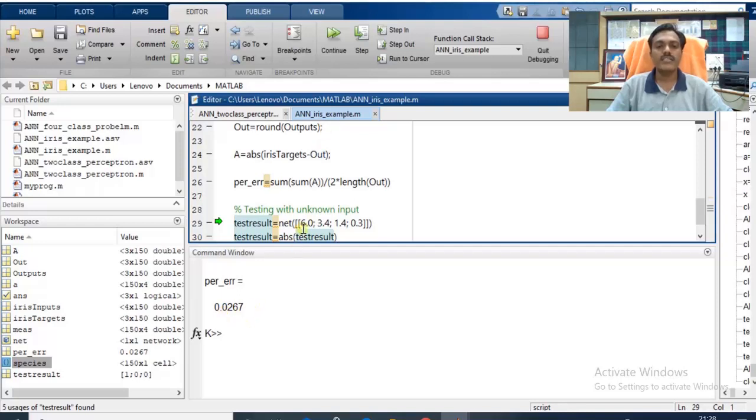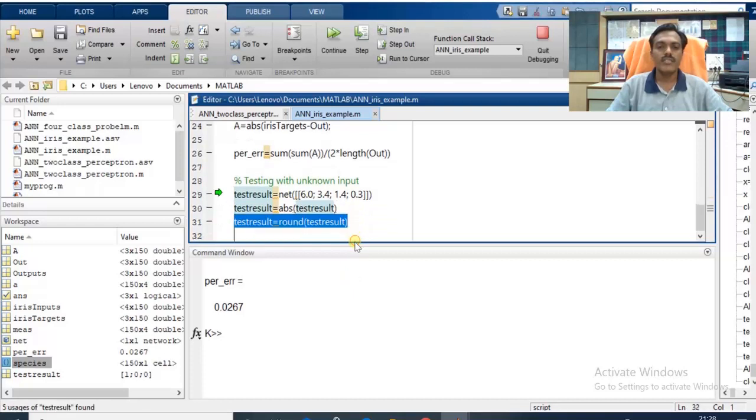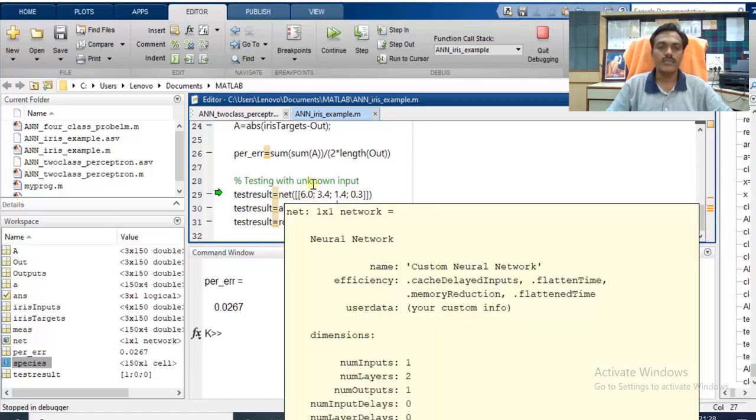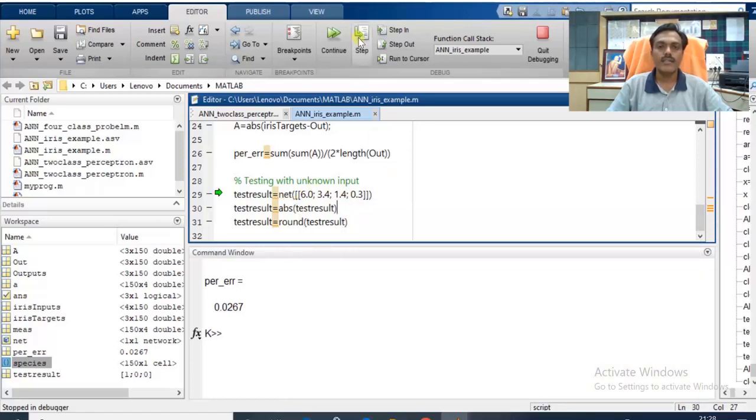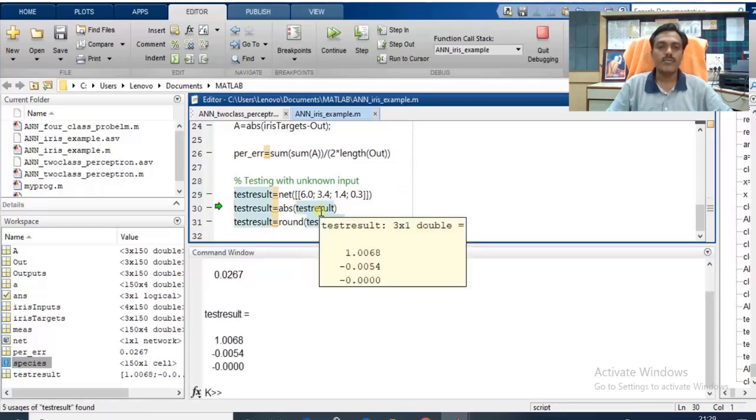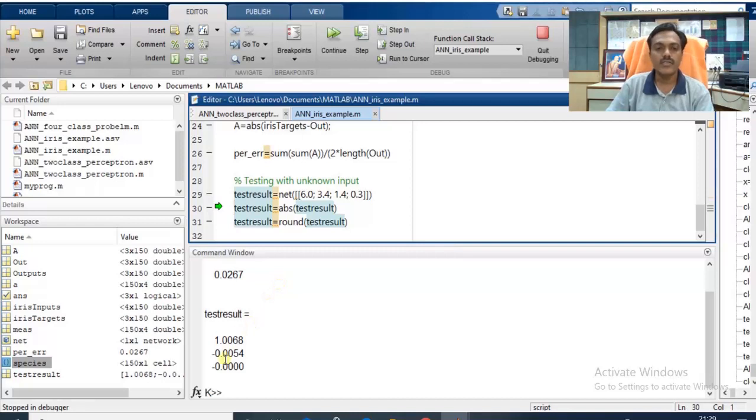Now let us test the unknown sample or unknown data. These are the 4 samples or 4 features provided to this neural network. Now let us go ahead and see what the output is. Find the absolute of this test result, because you can observe here the numbers are negative.